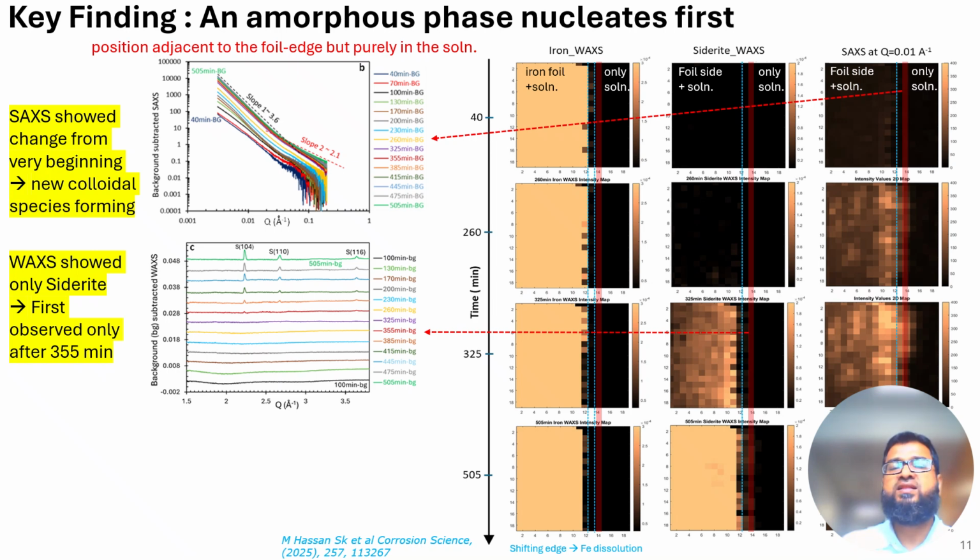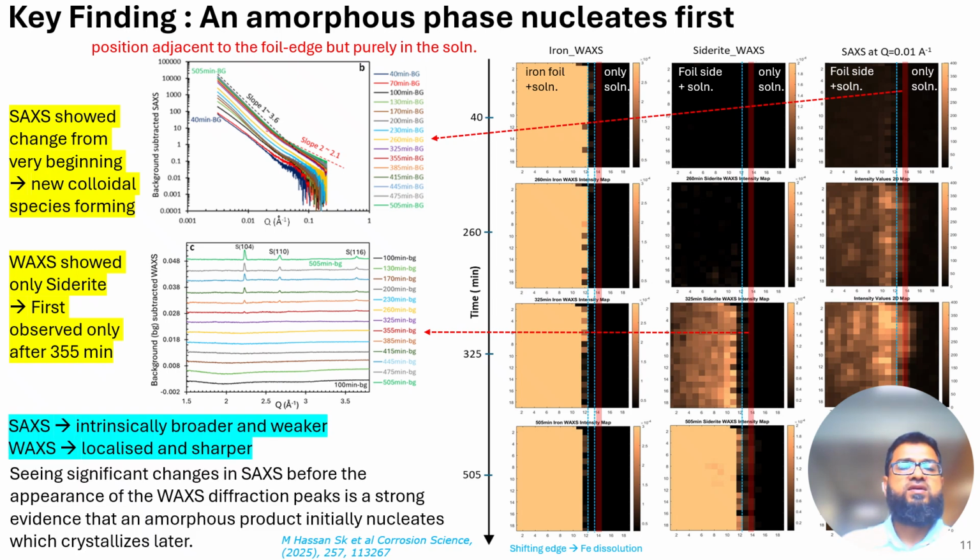And we have shown that even here the SAXS intensity is increasing from the very beginning, within the first hour, gradually, but WAXS has been observed only after 355 minutes. So clearly there is something forming initially which is not crystalline, which is amorphous, and then that is transformed